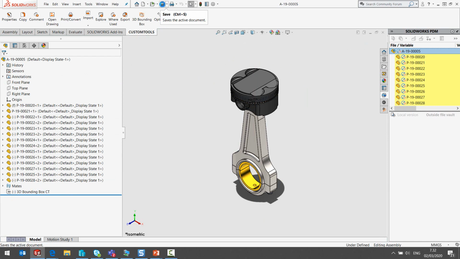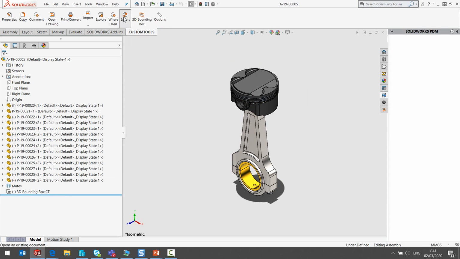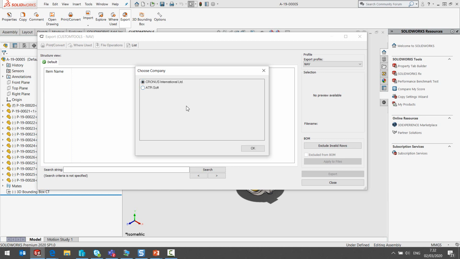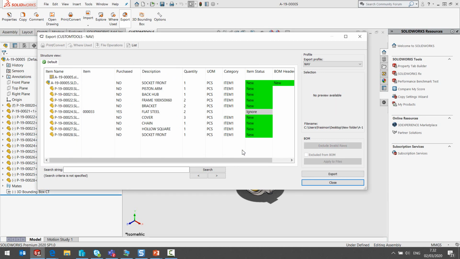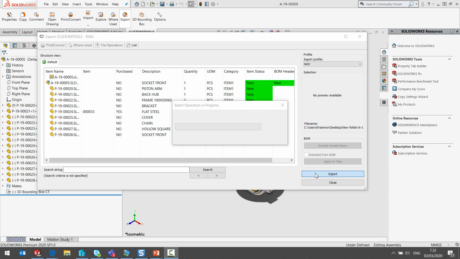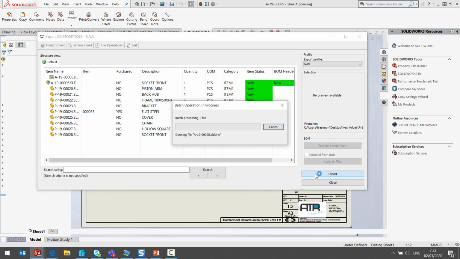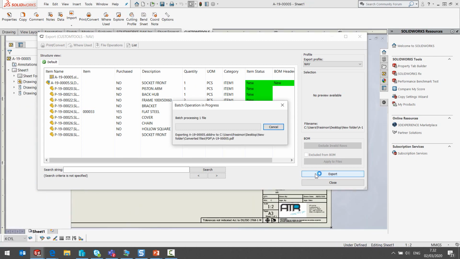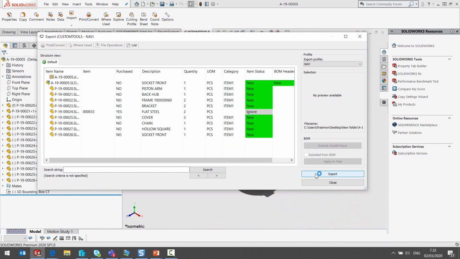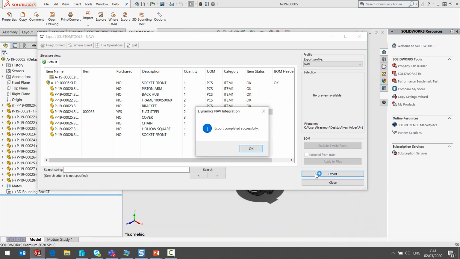Now I can save the assembly, and if I click again on export, I will select the NAV company where I want to run the export. Now everything is green except item 024, which is a purchase component, so it will be excluded from the item creation. So during the export, now I'm converting and creating PDFs for my drawings, creating the items and also the BOMs.